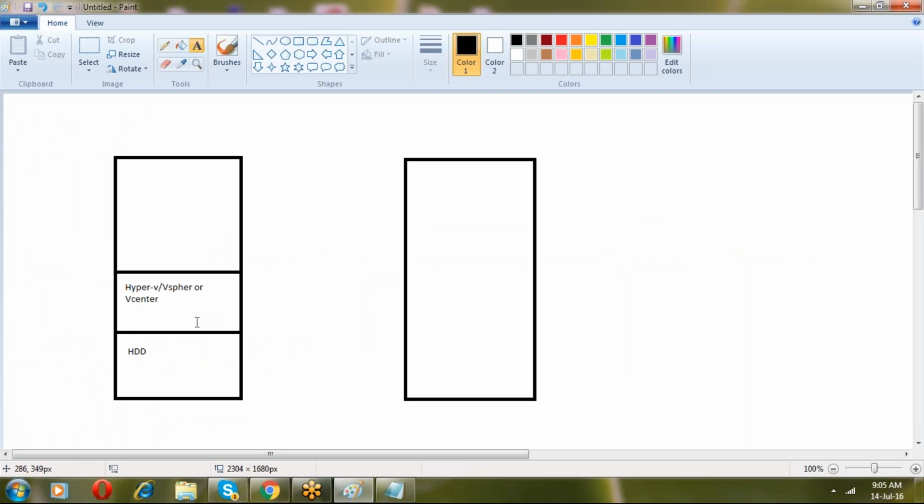So if you buy the virtualization software directly from Microsoft or VMware, you can use the hypervisor or vSphere or any other software directly on top of the hardware, and you can create a number of machines here.